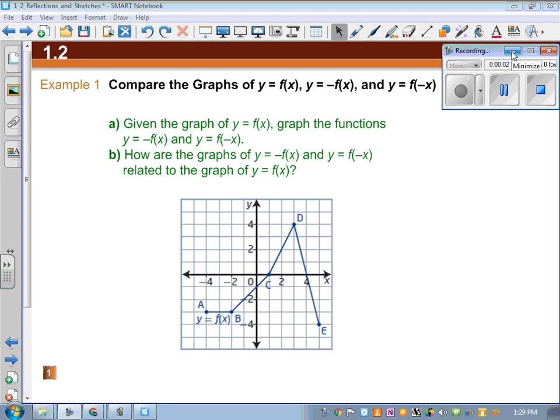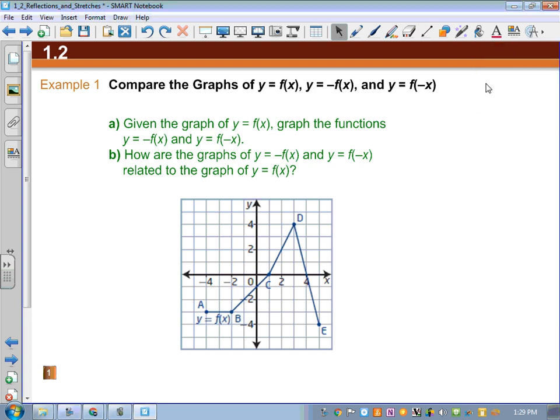Okay, welcome to the 1.2 example 1. So we're actually going to start to do some of these transformations, and really it's going to focus on just reflections to begin with. So in both of these cases, we are going to be comparing y equals f of x, and on the left here, I'm going to look at y equals a negative times f of x, and that does mean that a is negative 1, which means we are going to reflect